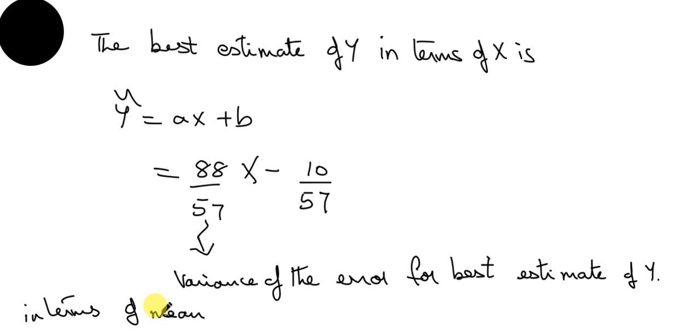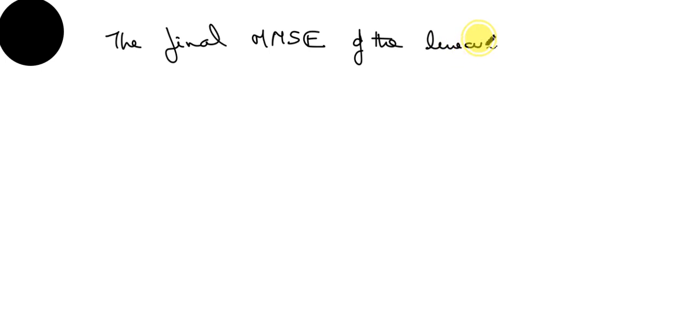The final mean squared error is given by the second quantity over here. That is, I have to compute the second quantity. So the final minimum mean squared error of the linear estimate is given by